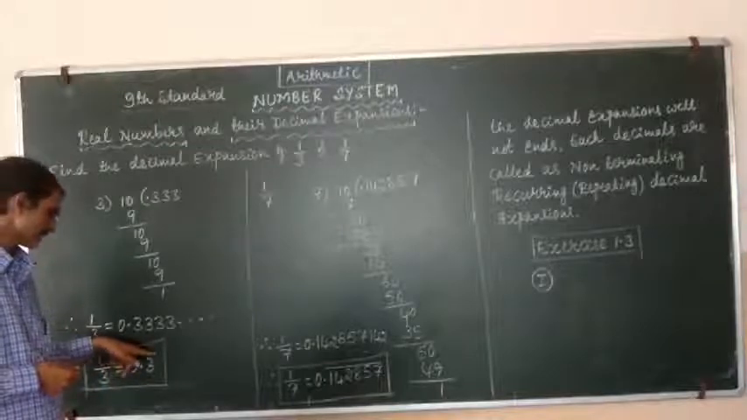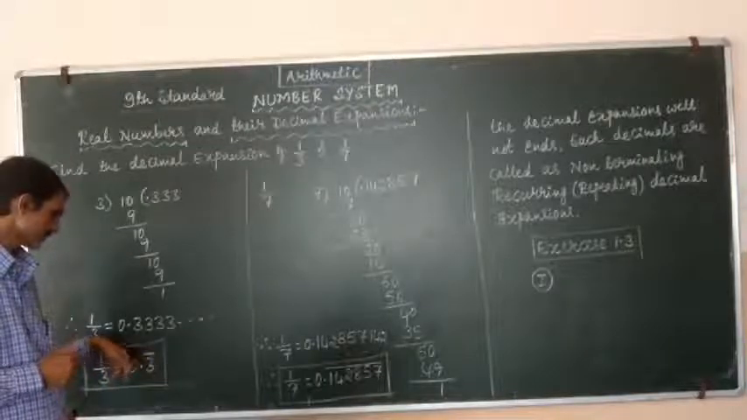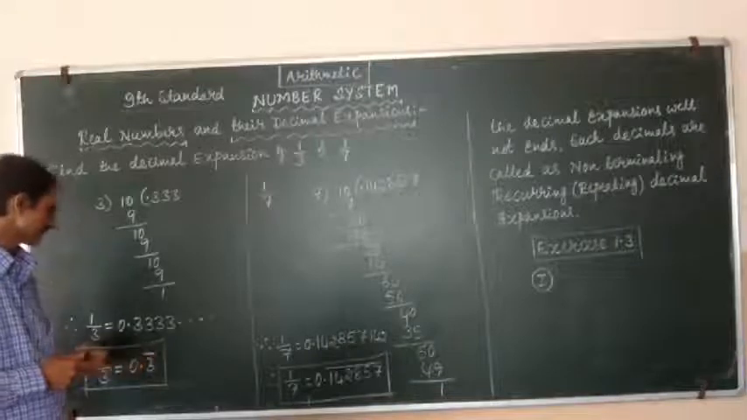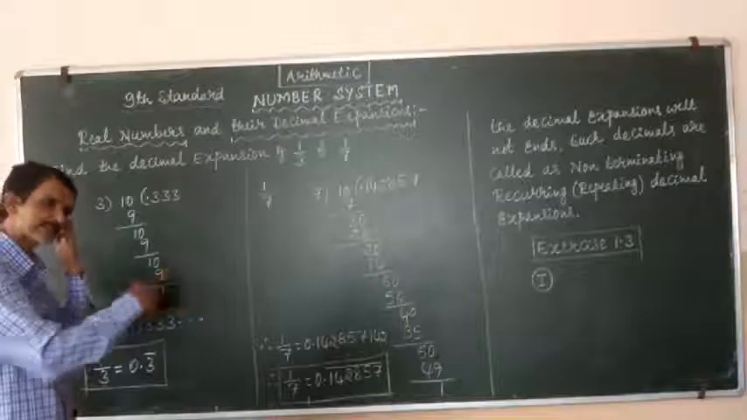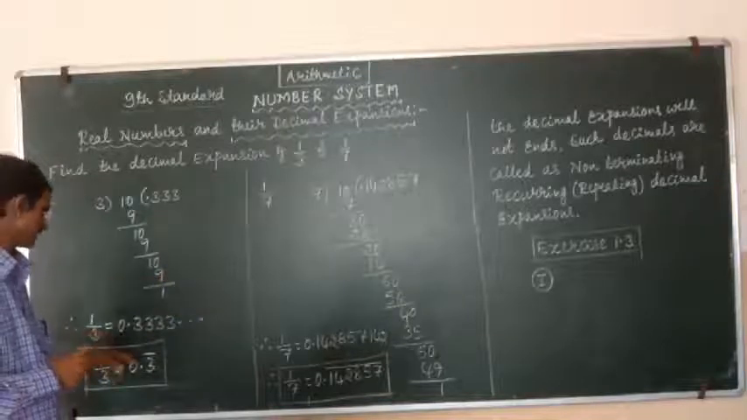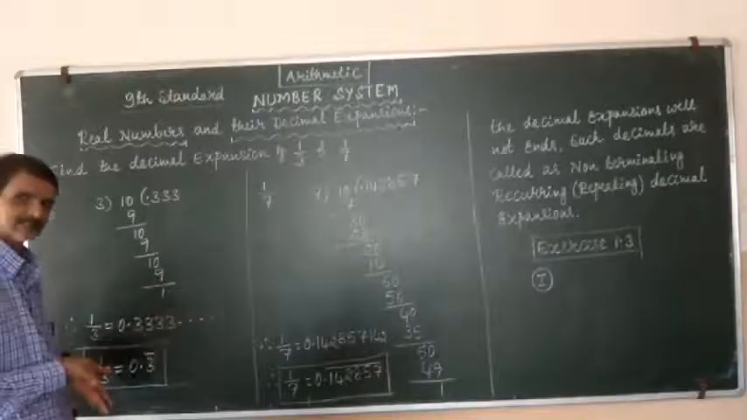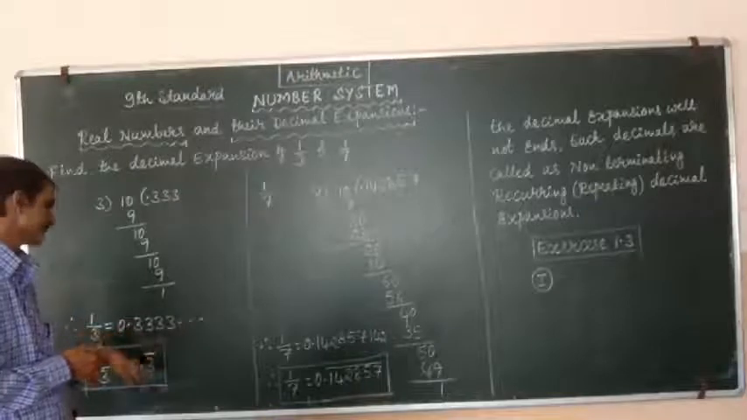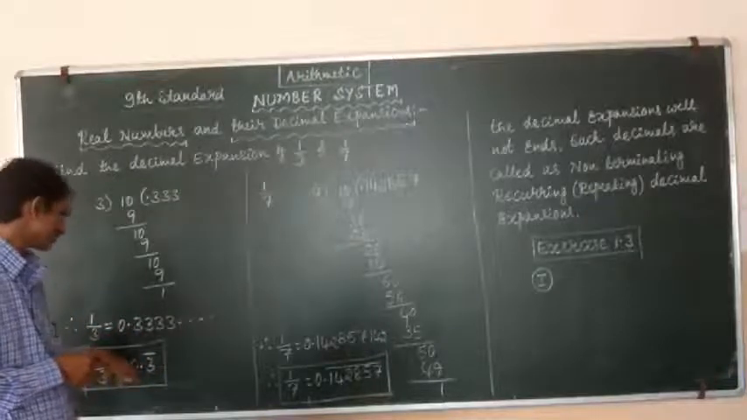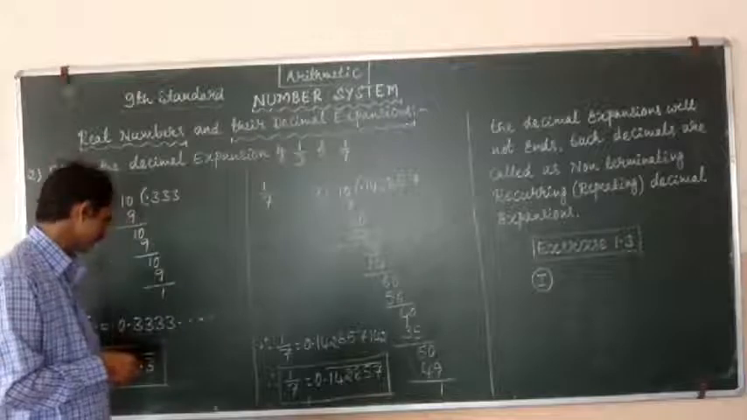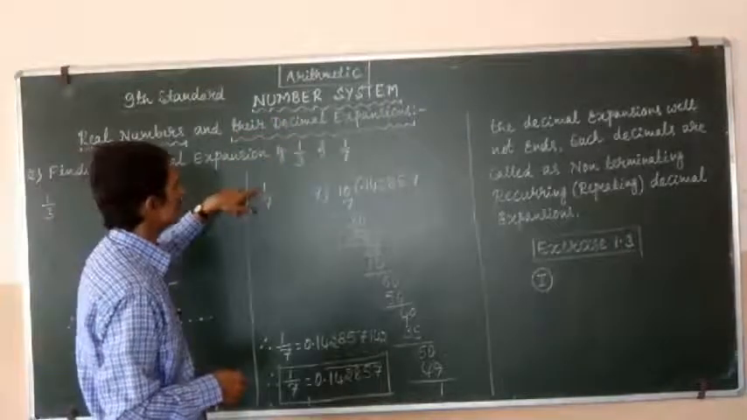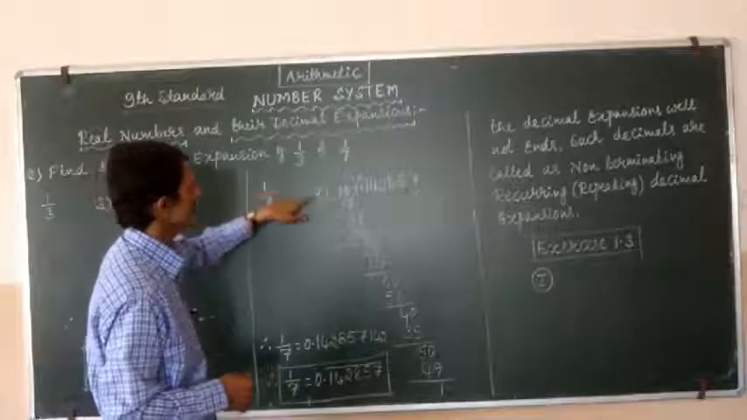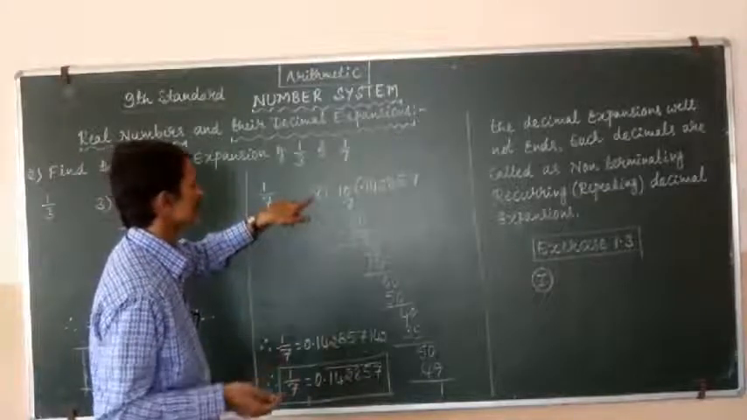If you draw a bar on the number, it indicates that the number will be repeating continuously, so it will not have an end. So 1 by 3 is equal to 0.3333. Now if we take another example, 1 by 7, if you go on dividing this